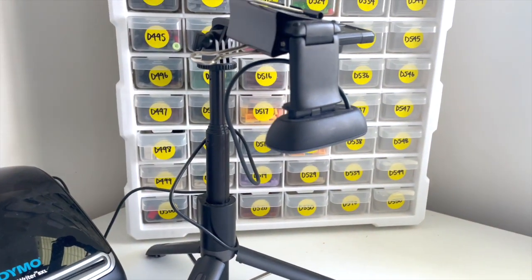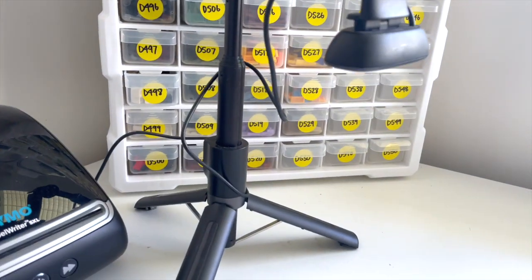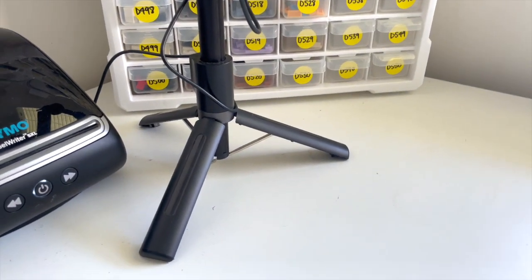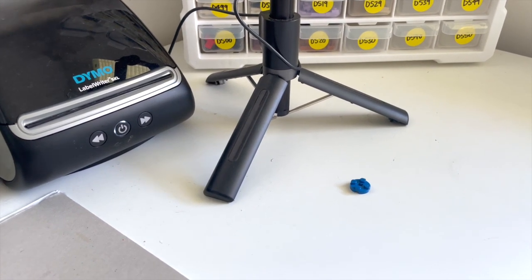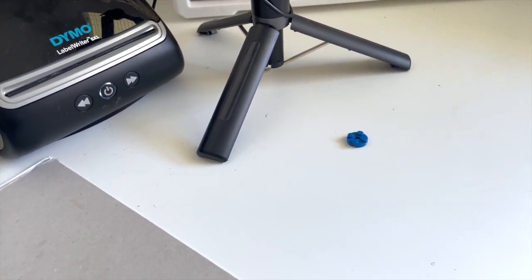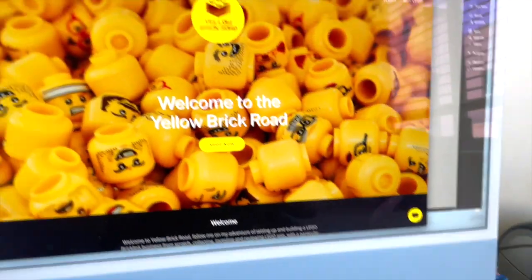Other things that I've found really useful is a little camera, and this is literally just a webcam bulldog clipped Swiss Family Robinson style onto a selfie stick tripod thing, which I use for Brick Eyes. You put your part underneath like that, you go into Brick Store, you click add a part, you use the camera, and it links to Brick Eyes, identifies the part and really does speed you up working through stuff. But that's probably the only equipment you need other than some kind of digital thing, especially if you're using Brick Freedom,